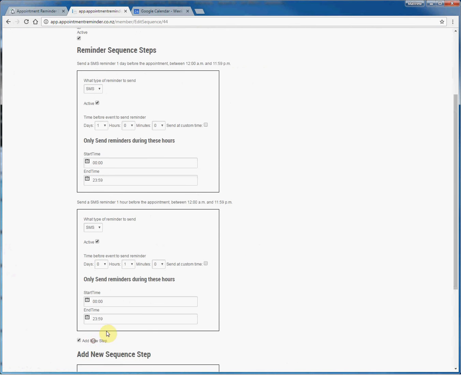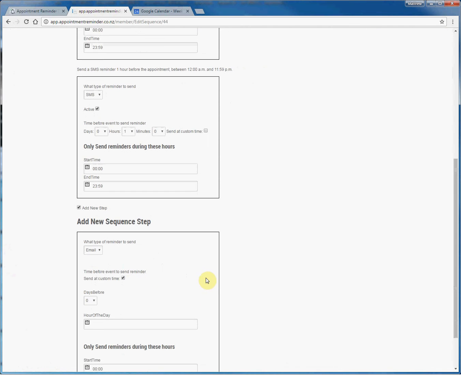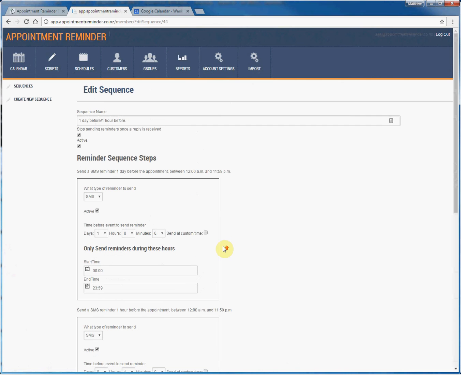If we wanted to add another step, and say we wanted the reminder to go out at a custom time, we can check the checkbox on the right here that says send at a custom time. This will allow us to send at a specific time. So for instance, we might want to send it 1 day before the appointment at 1 o'clock in the afternoon. But we don't want to do that in this case, so let's just cancel this